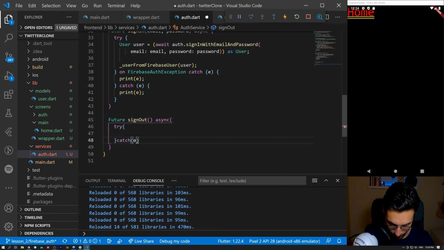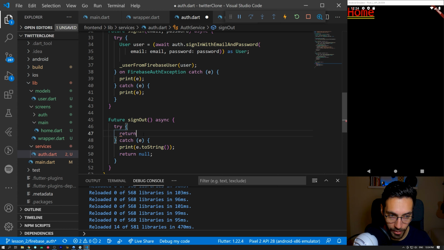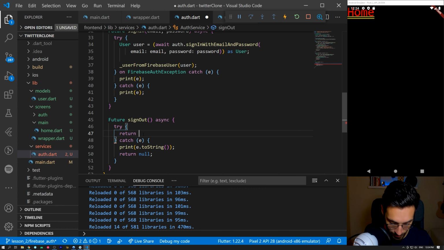Let's just write the boilerplate code and be done with it. Print e.toString. Again, this is just for testing purposes, so that if anything goes wrong, we know what went wrong. We are going to return null if the catch is triggered, but the main part of the try will be return await